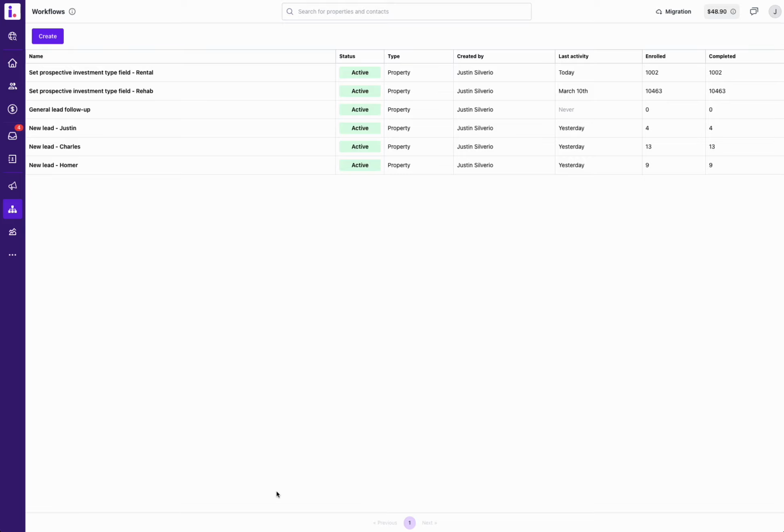Workflows really give you the power behind the Invelo platform. This allows you to do any type of automation that you want in any one area of your database. So whether it's prospects, leads, deals, or even contacts, you can create automations. Okay, I already have created a couple of workflows, so let me just show you some examples and the power